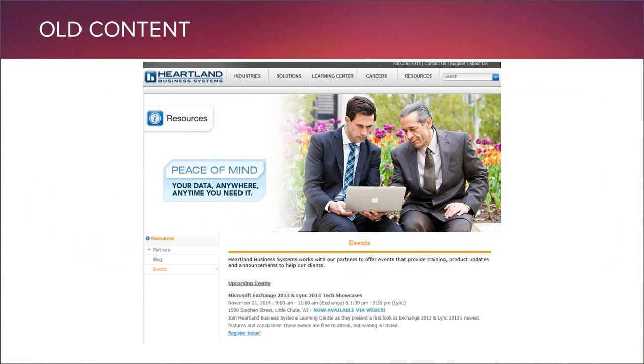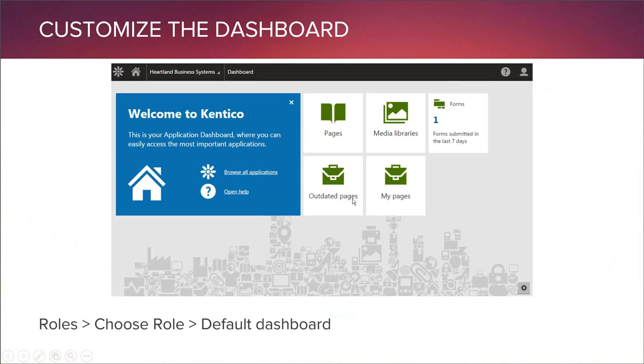But the current site, unfortunately, has an upcoming event for last November, which obviously is not current. So this is just one example. I'm sure everybody has ideas of how old content gets into your site, and you just lose track of it. And so some of the ways to customize the UI for Kentico,